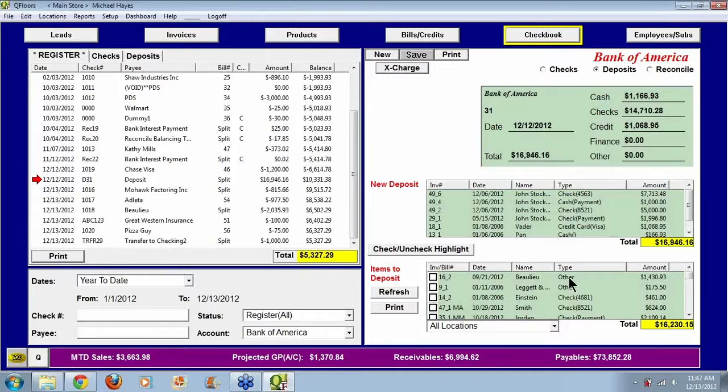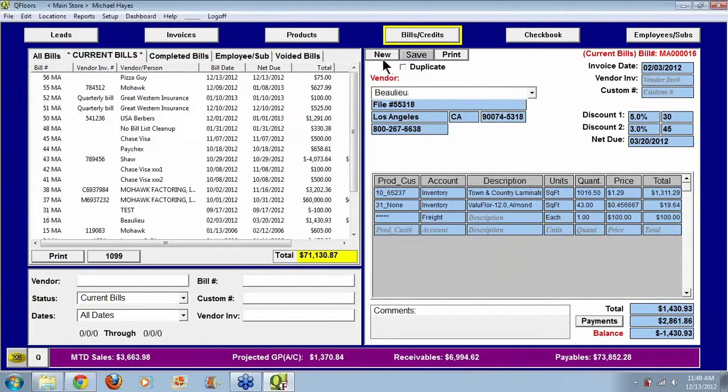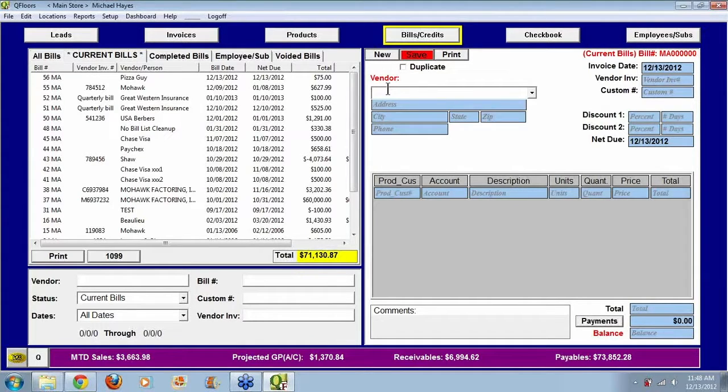Okay, these other items that are labeled with the other type, these came from bills. If we double click here, it'll take us, and there's a bill. So how do we do that? If we have a credit in our hands it's actually a check. We have a check maybe from our insurance company again. So we'll say